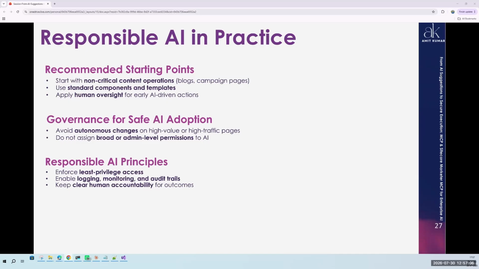Whoever is running it should have complete responsibility and know what action has been performed. That way, you can build agents or AI processes in your organization that are completely transparent by following responsible AI.